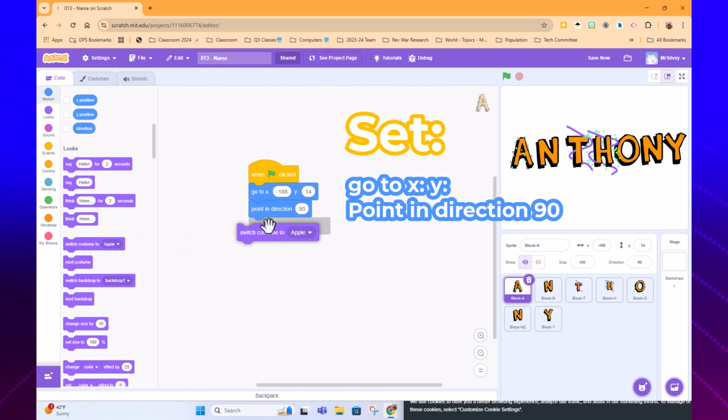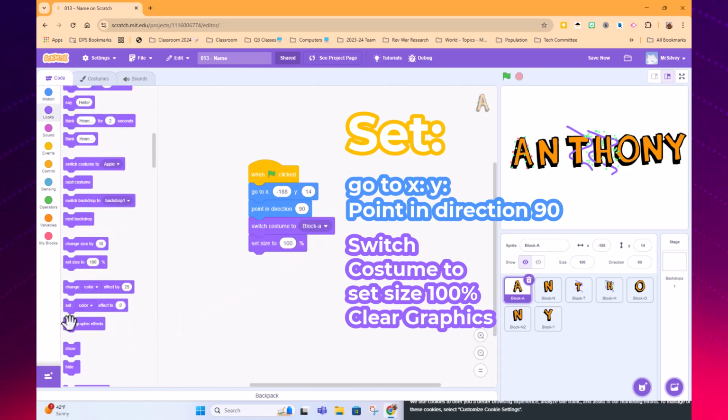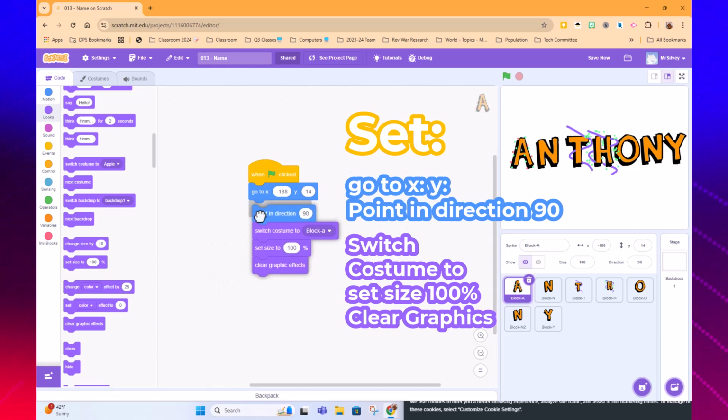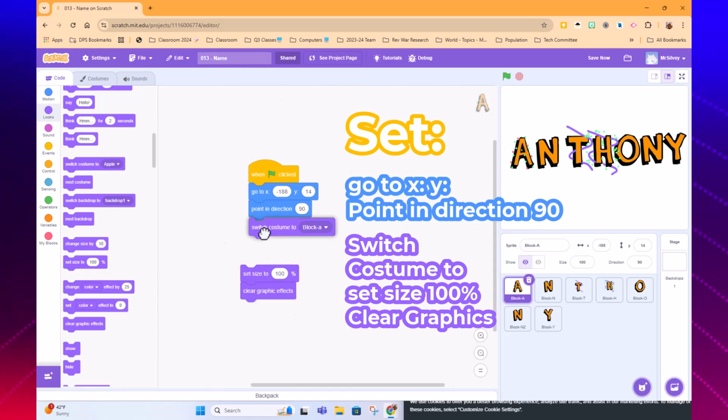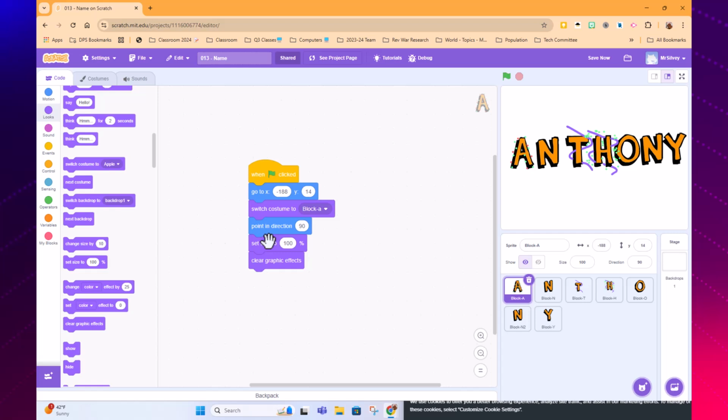And the next thing we want to do is to set our costume. So we want to make sure it says switch costume to, and then we select the right costume. We also want to set the size, maybe 100%, and also clear graphics. Now, these are just the settings here for the very beginning, and of course you can reorganize them as you